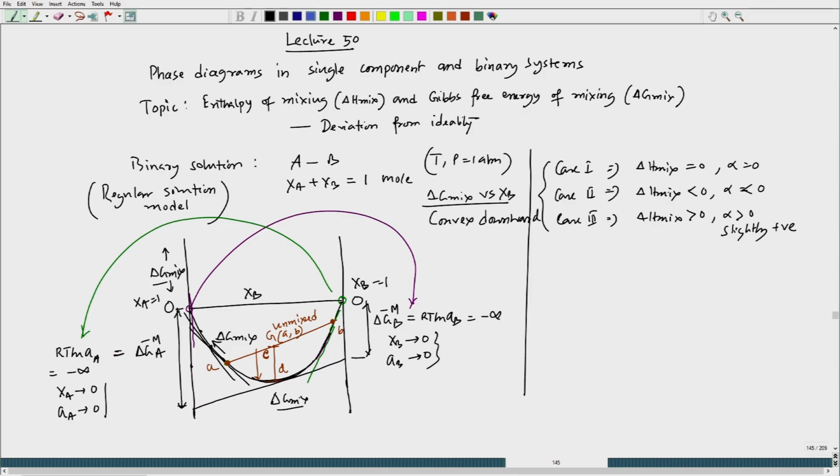But case 4, where delta Hmix has a very large value, or we can see what happens if we keep changing alpha, of course greater than 0, and take it to a very large value,